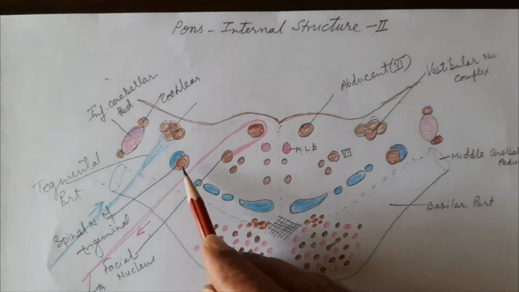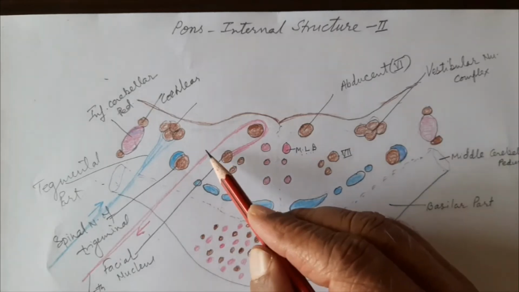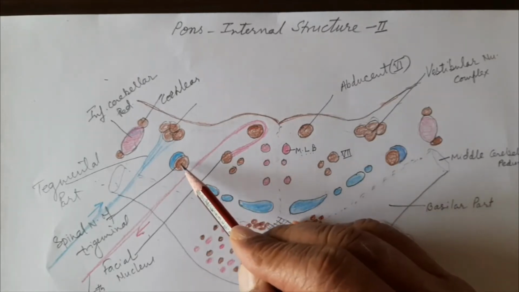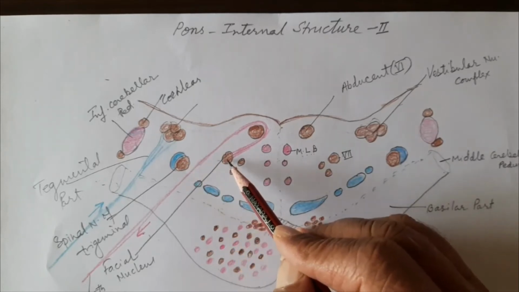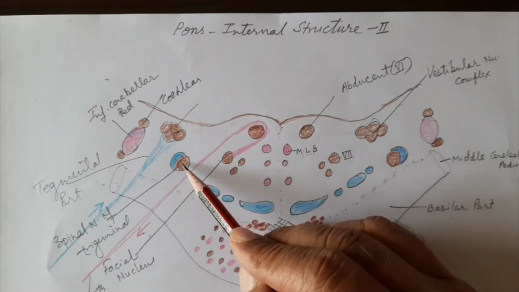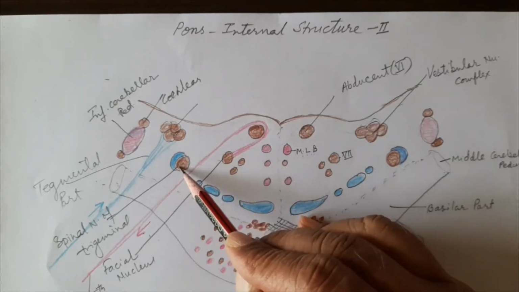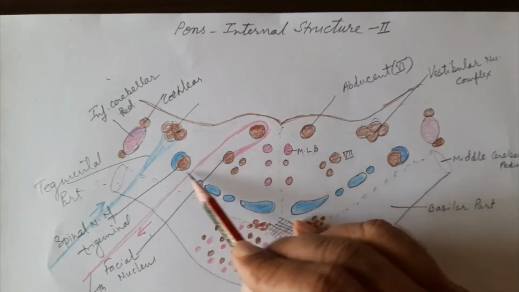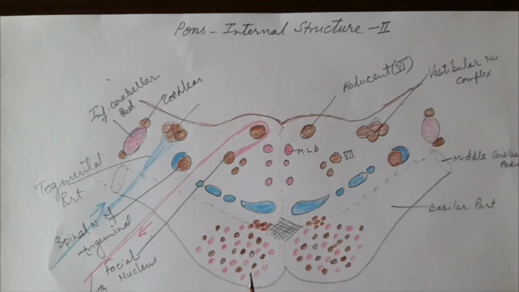Now this facial nerve nucleus, which I have shown you here, is present close to the spinal nucleus of the trigeminal nerve. This was the spinal nucleus and this is the facial nucleus. Just see their relationship. They are very close to each other. The facial nucleus is the motor nucleus for the muscles of the face, and the spinal nucleus of trigeminal receives the sensory fibers from the face: pain, touch and temperature. These two nuclei are very close because they form the local reflex arc for the face.